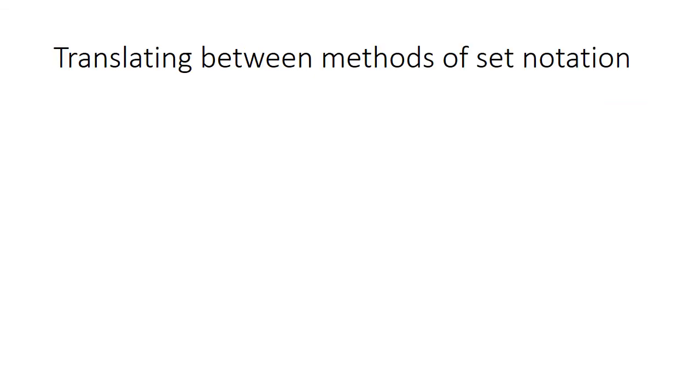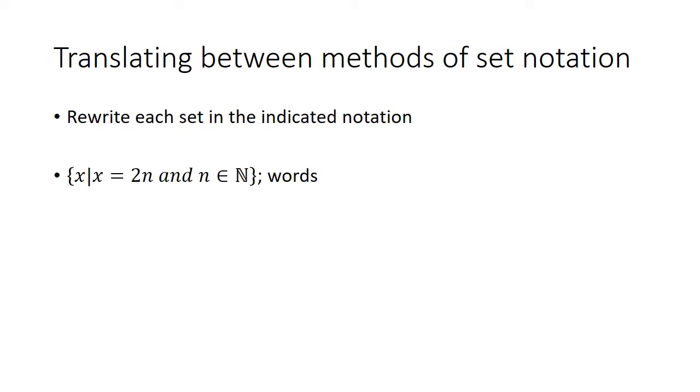So let's translate between methods of set notation. We're going to rewrite each of these sentences in the correct notation, right? This first one, we're going to write it in words. So remember, the bracket says the set of all numbers x such that